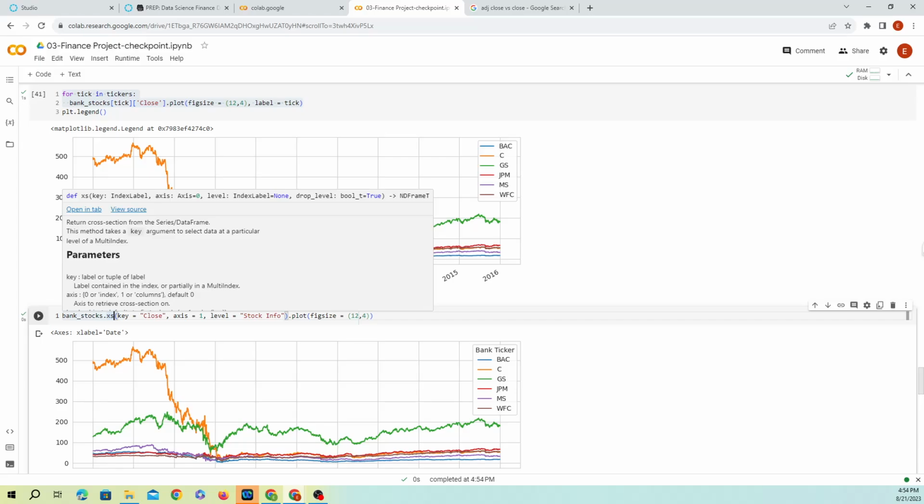And for Bank of America, we're going to be looking at the Close values, and since we're using the actual named value in the index, we're going to use loc. If we want to use the index location number, then we can use iloc. Remember that.